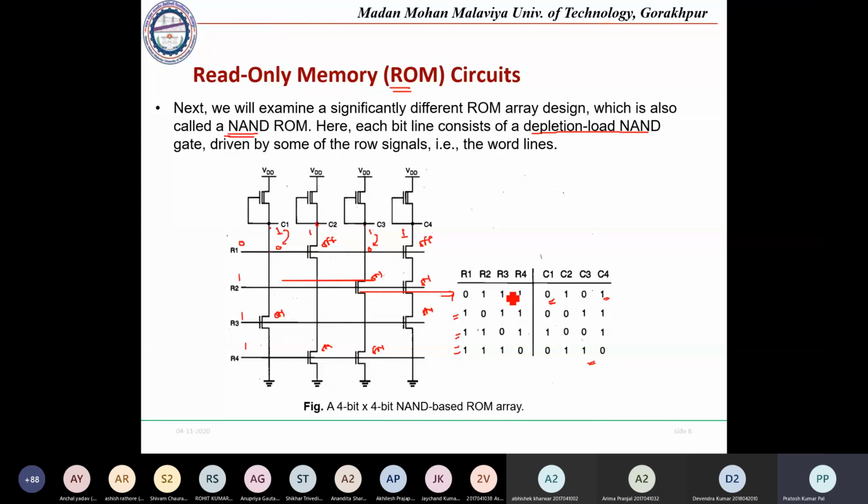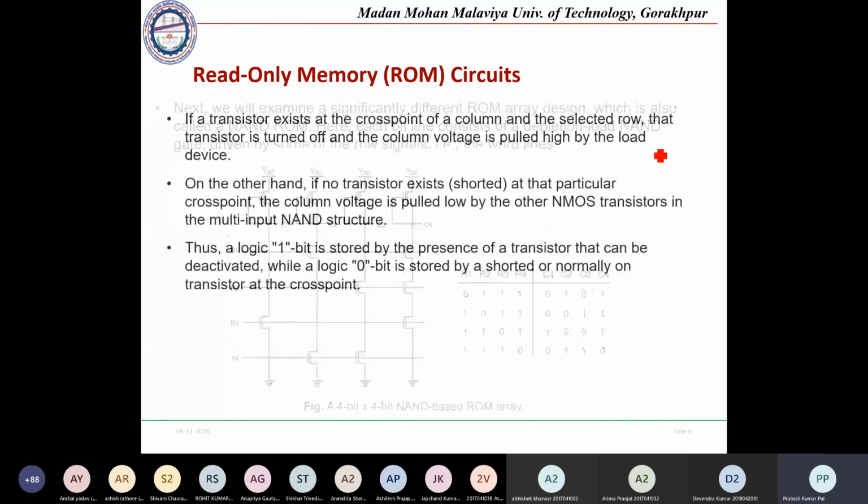The storage of a particular value can be obtained even by using the NAND logic. Okay, so this is the ROM structure. The ROM structure is whatever data we store. Once we have stored it, that will remain the same, or with respect to the row value we can change the value. That is how the ROM logics can be implemented.